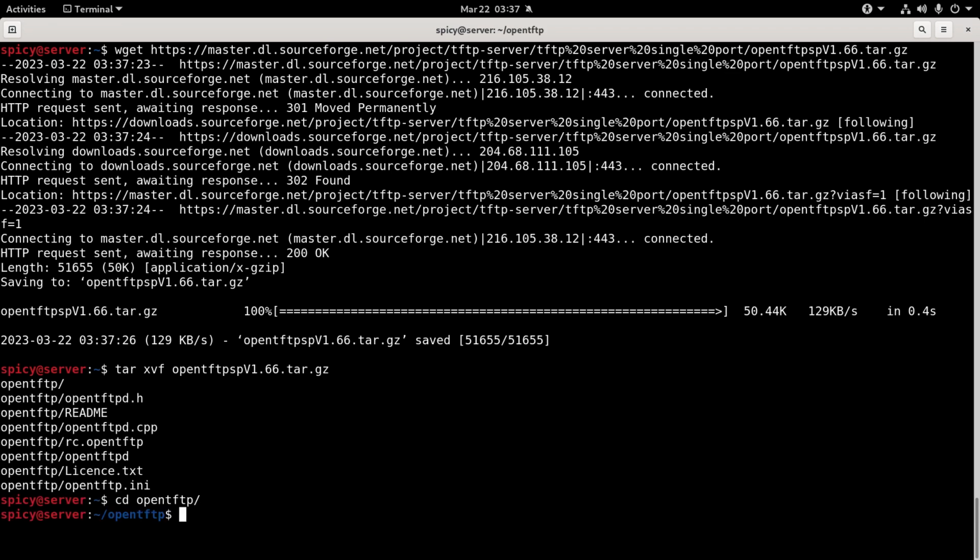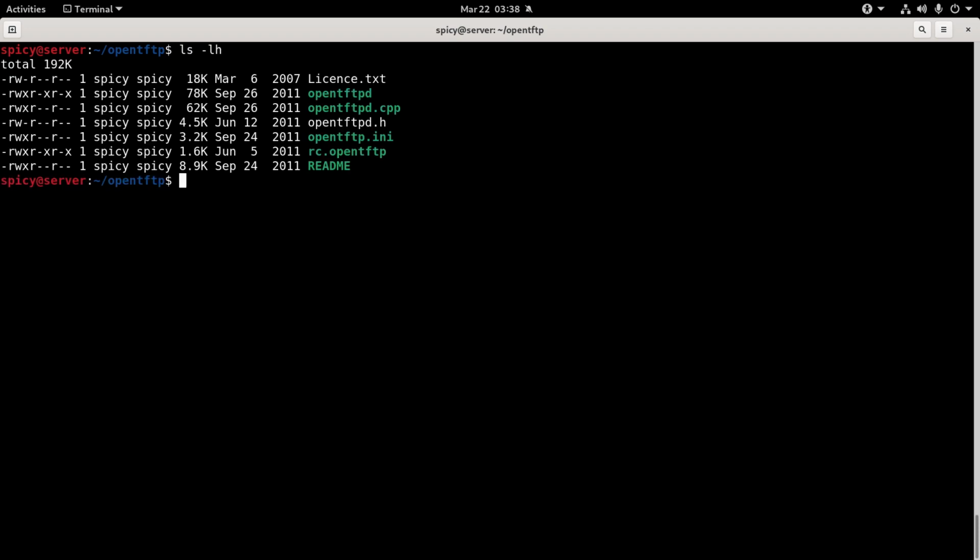So I've got to build this. If you see in here, that's all that's there. To make it, I'm going to use G++ to compile it. Now, in one of the other videos I recently did, I had to build something and I had to install build-essential first. So if you can't run G++, install build-essential first. Anyway,